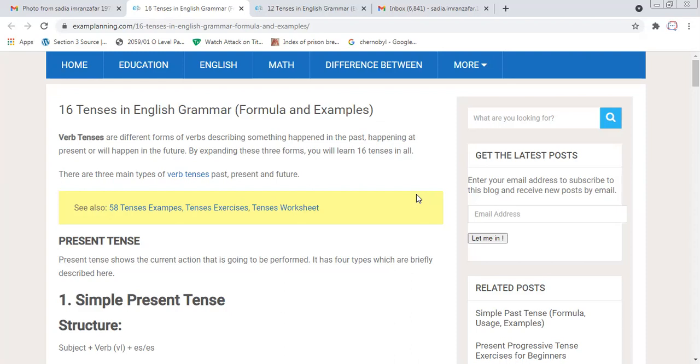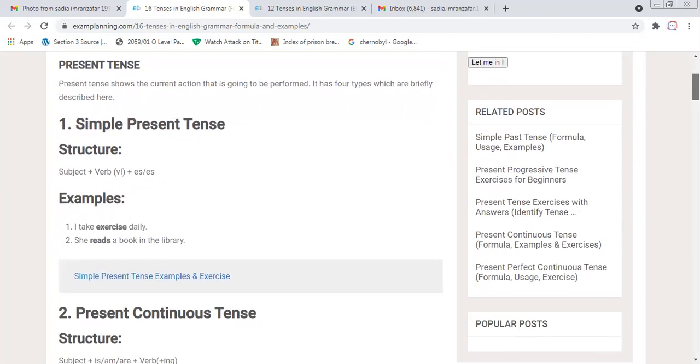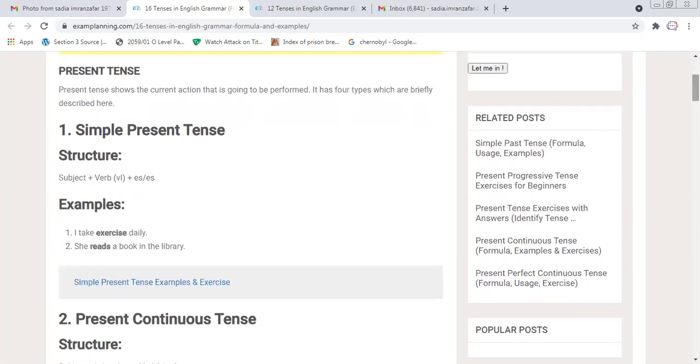So if we explain or expand these forms, there are 16 tenses in all. Let's review them one by one. So the first tense that we should all know about is present tense. Present tense shows the current action that is going to be performed in the present, and there are